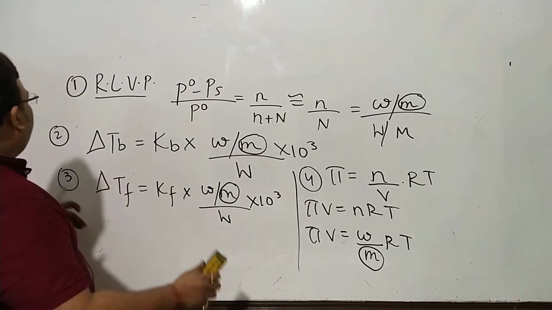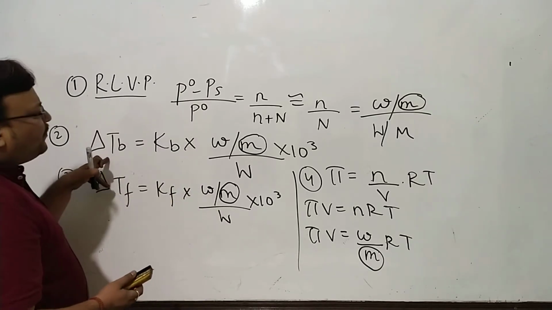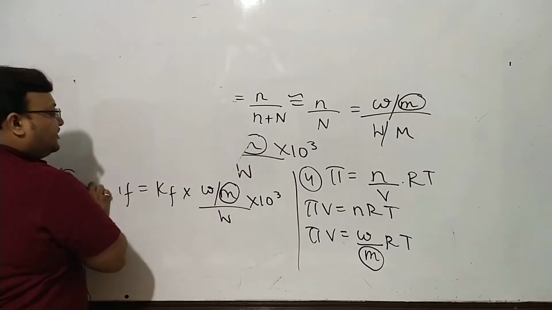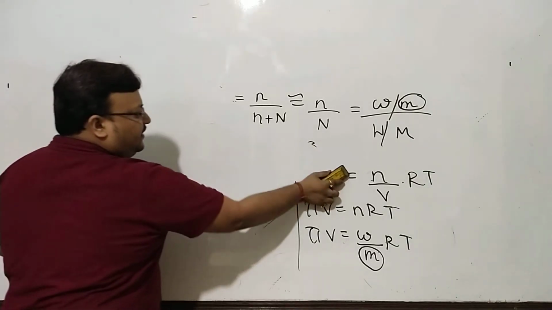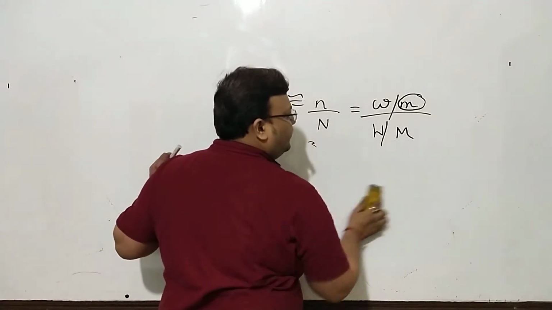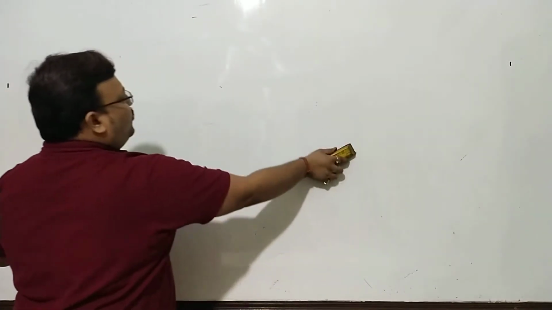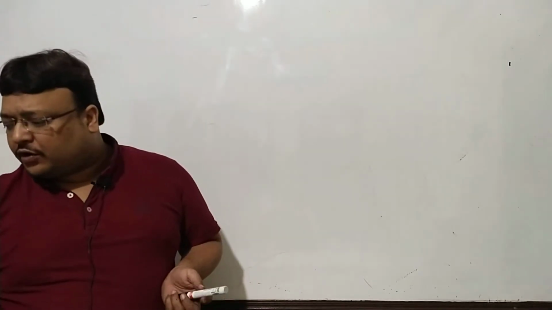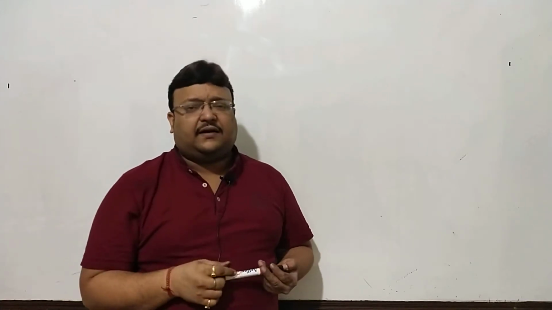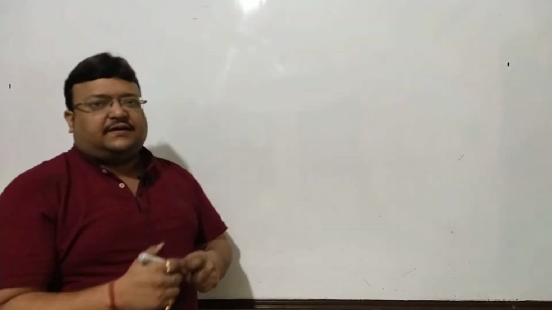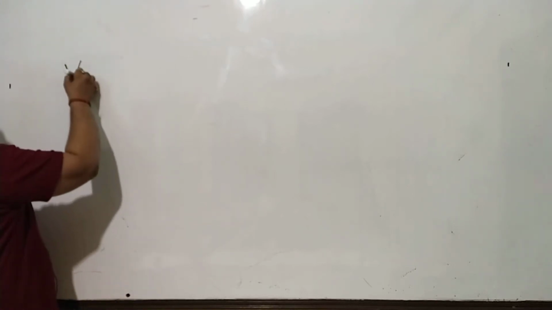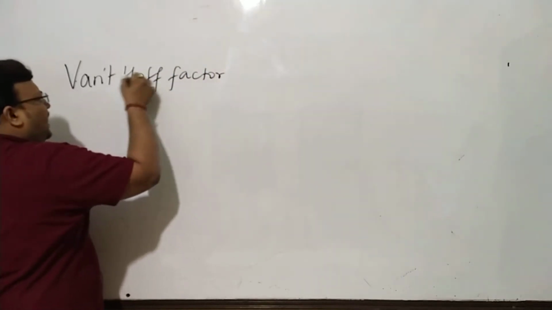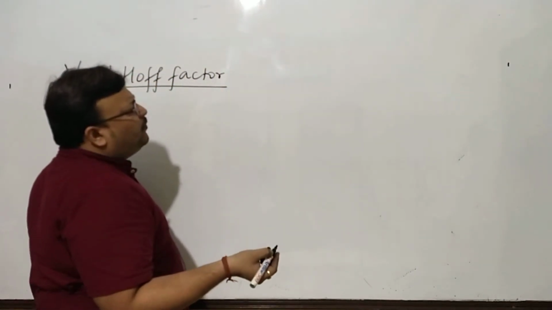So again, with all the four in one frame, I've explained how colligative properties and molecular weight are always inversely proportional, and with the number of particles increasing, colligative property will increase: more lowering in vapor pressure, more elevation in boiling point, more depression in freezing point, and if the equations are used to find the molecular weight, you'll find the molecular weight less than expected. Now all of this is studied under the head Van't Hoff factor. I'll avoid calling it abnormal molecular mass.